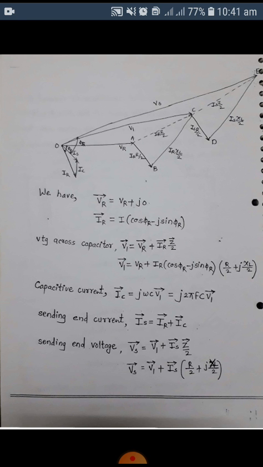Also, in section 1 of the line, we have sending end current and sending end voltage. So there also two voltage drops are present, that is resistive drop Is into R by 2 and reactive drop Is into XL by 2. Now that Is into R by 2 voltage drop is in phase with current Is, but we have to represent the Is current first. So that sending end current is the phasor summation of IR and IC.